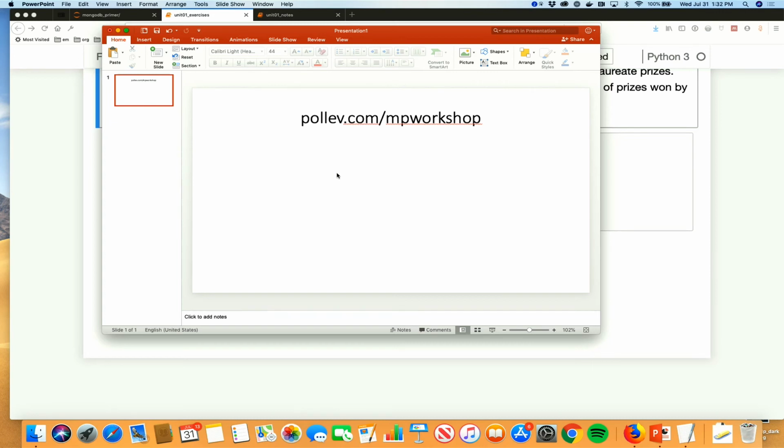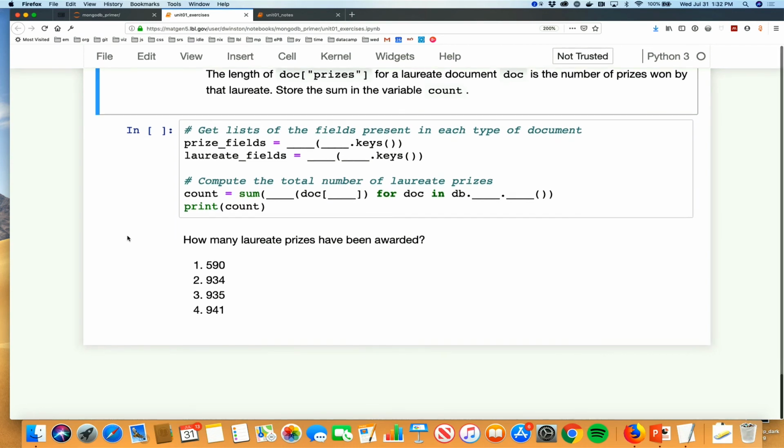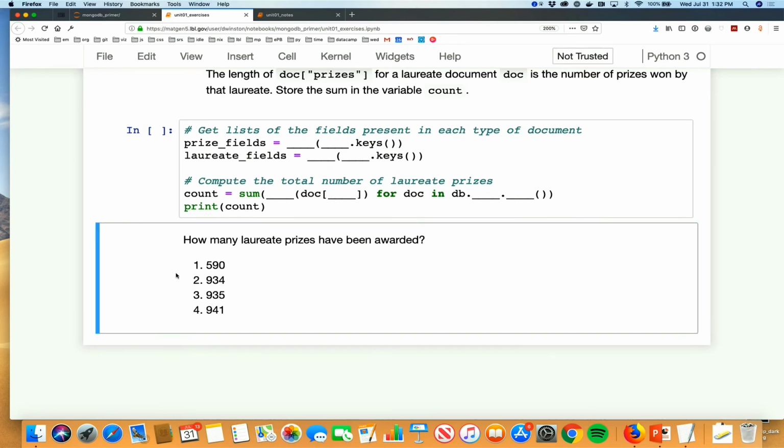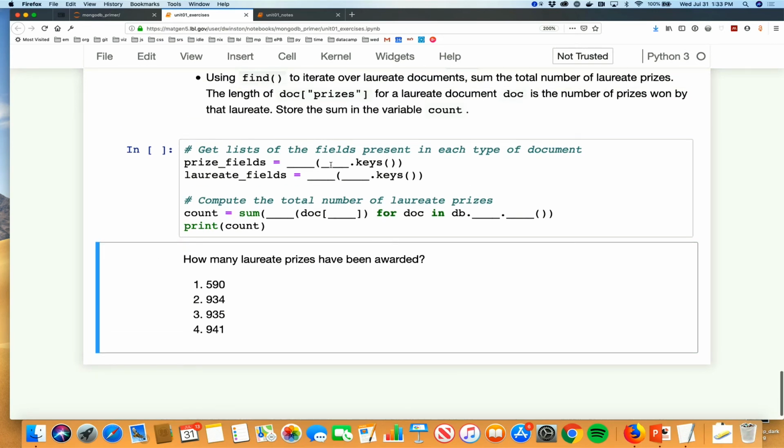Okay, great. I see we've gotten a bunch of responses, mostly split between 941 and 935. So let's see what's going on here. I'm going to go ahead and